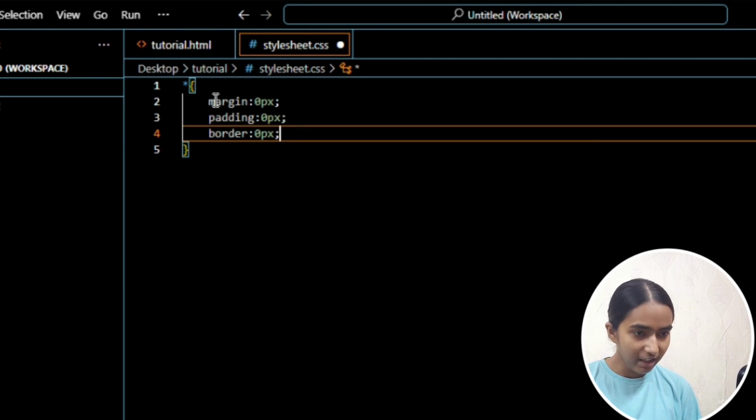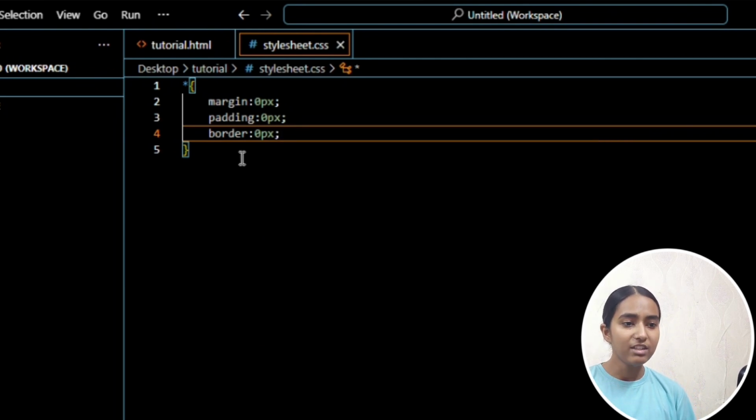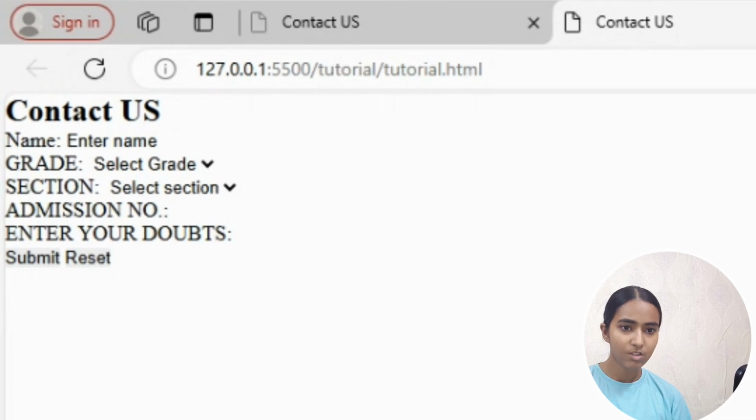When we do this, it means that we are defining some elements. It means that I do not want any margin, I do not want any border. At a particular point in the website where I want it, I will add it in the next elements. But in the beginning, I do not want any predefined thing to be applied to my web page. Let's see what it looks like. So again, we are going live. See, now we have zero margins, zero borders, zero padding, and everything zero. As a result, the borders around these things are all gone. So now we are going to edit these things and see how we are going to do that.